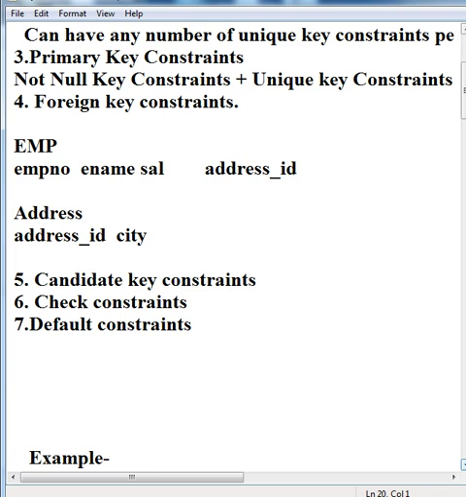So if we have fields which take input as unique key and not null key, where we cannot insert duplicate values and which cannot contain null values, but they are not the primary key, but later on we can make one a primary key, we can treat it as a primary key, then that field is considered a candidate key.